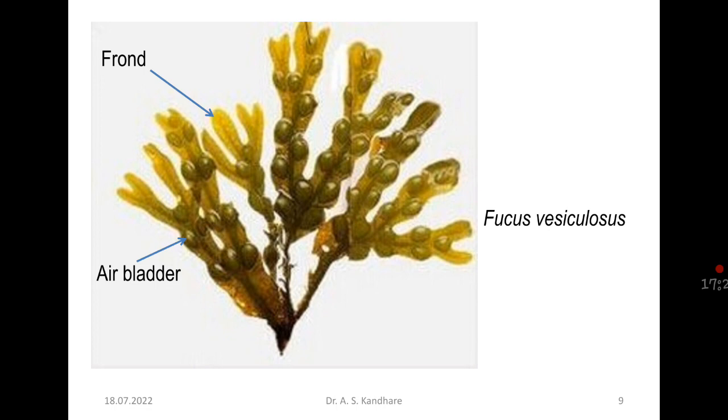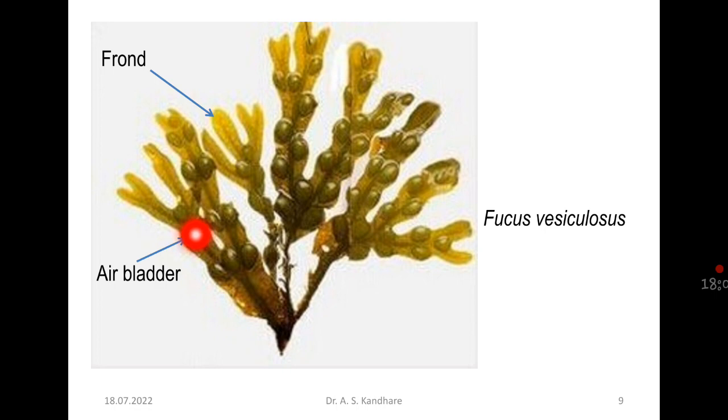This is another brown algae, लेकिन यहाँ पे आपको ग्रीन नज़र आता है, isn't it? लेकिन actually it is brown algae, isn't it? तो क्लोरोफिल की मात्रा थोड़ी सी एक स्टेज में ज़्यादा होती है, बाद में धीरे धीरे उसके अंदर फ्यूकोजेंथिन बढ़ता चला जाता है, फिर वो ब्राउनिश बन जाता है। So here you can see this is brown algae called Fucus vesiculosus. तो ये है Fucus vesiculosus, तो इसके अंदर